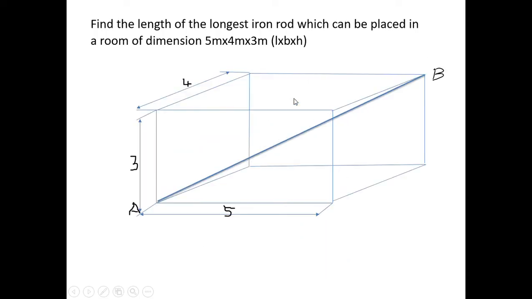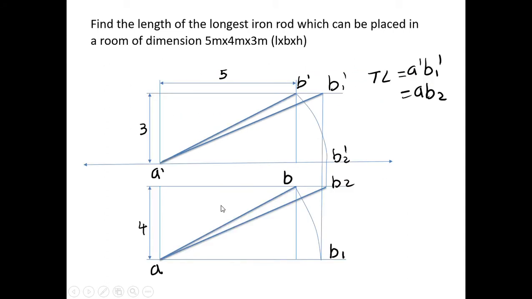In the same way, in top view this point and this point will be same. That is, the top view will be a line connecting this corner and this corner. In top view, this point A and this corner will be same. So the top view of this rod will be a line connecting this corner and this corner, that is the diagonal of that rectangle. So that is the top view of the rod AB.